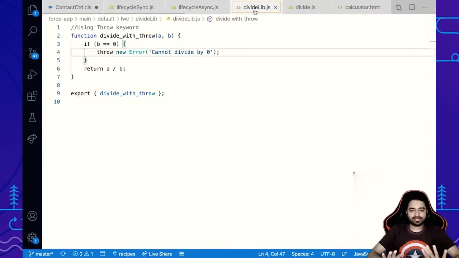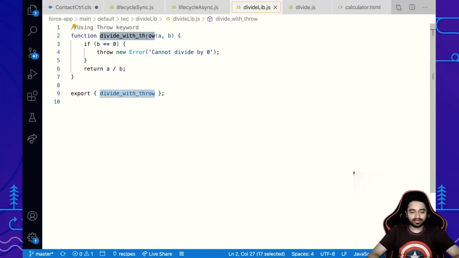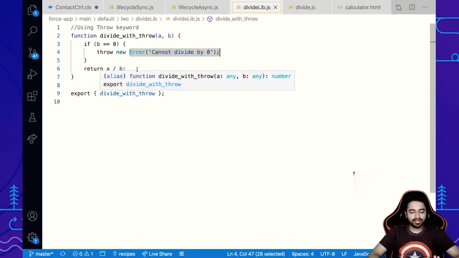In this example, I'm going to show you how I divide two numbers, and for that I have created quite a complex setup in order to show how all of this works together. First, in order to divide two numbers, I created a function, divide with throw, with a and b. Here I'm throwing an error if b is equal to 0. So instead of dividing by 0 and returning an infinity value, I decide that if b is 0, I want to throw an error to the parent component. And then I'm exporting this. So pretty simple, I'm creating kind of like a service component.